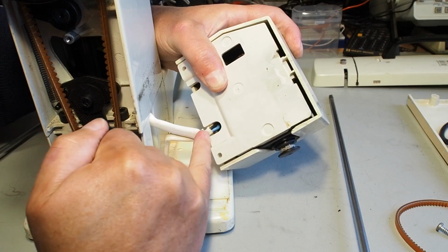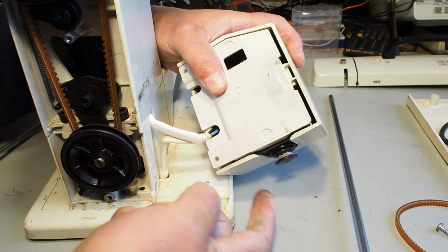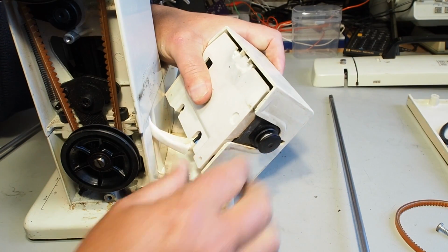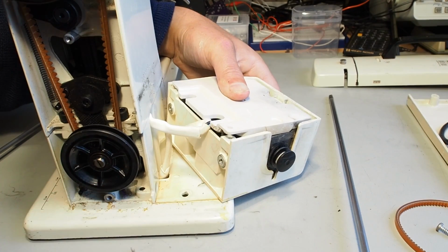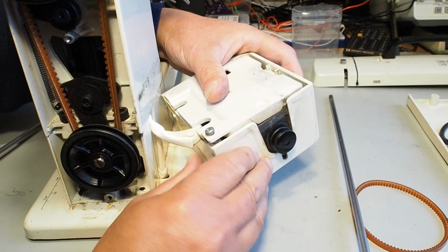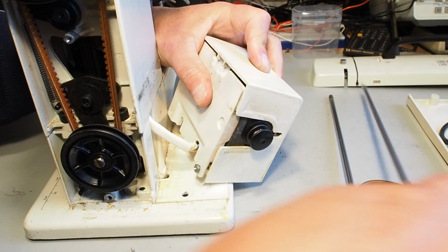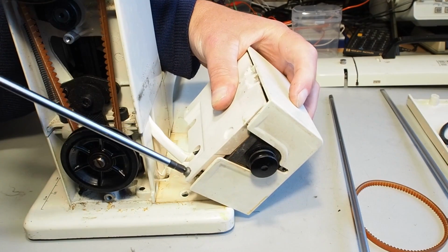Yeah, when you're getting these two cables sorted, try not to pinch them in between this plastic cover and the motor housing. The other thing I see with these machines is the motor housings can sometimes be a bit cracked around the mounts and where these screws screw in here. That can be fixed up just with some fairly strong glue to get a bit more life out of it. So then we just go ahead and screw that